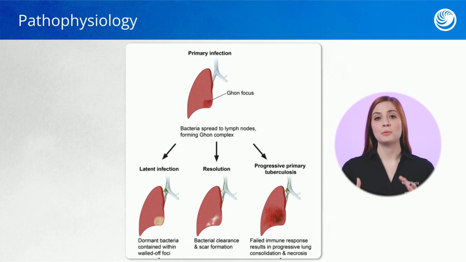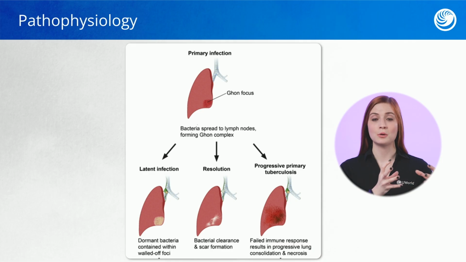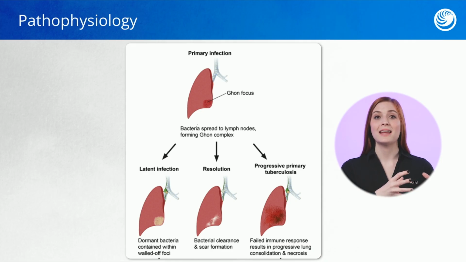Now, if clients are immunocompromised when exposed to TB, or if they've had TB in their body as a latent infection and they eventually become immunocompromised, it can reactivate and become active TB. In active TB, that fence is simply not strong enough around the bacteria and it begins to spread, first to the lungs and eventually to other organs of the body.